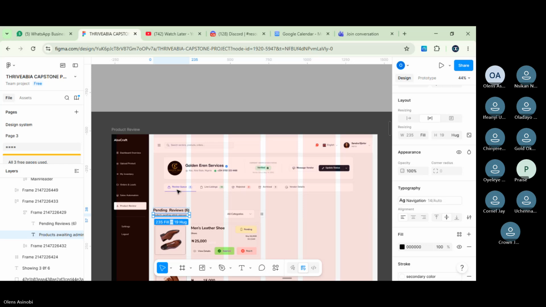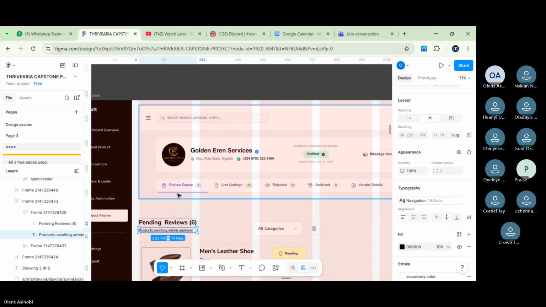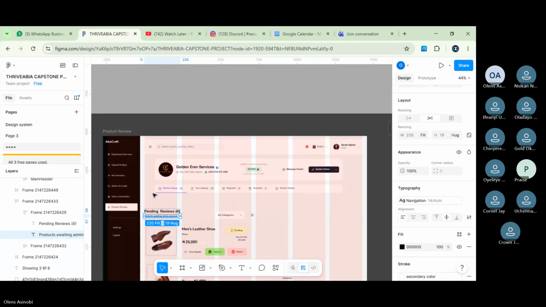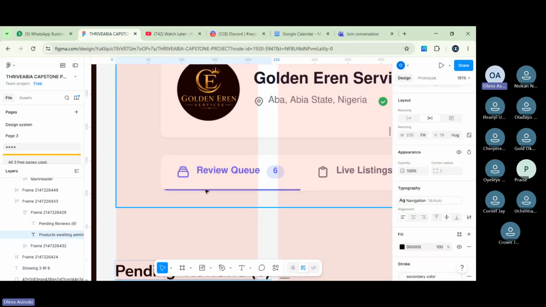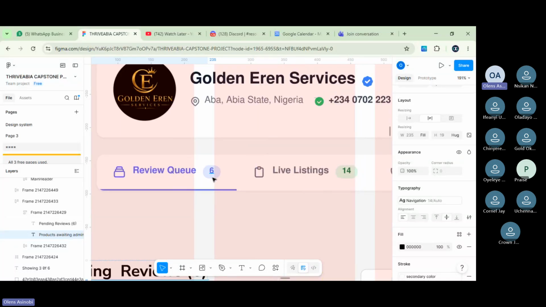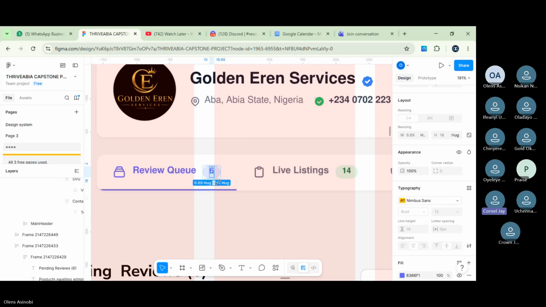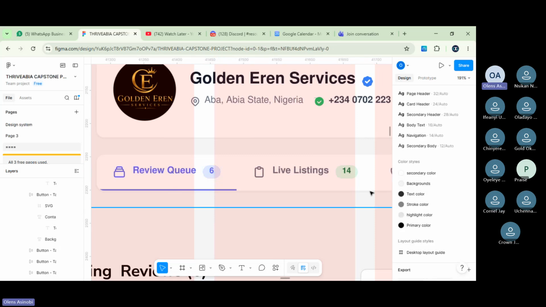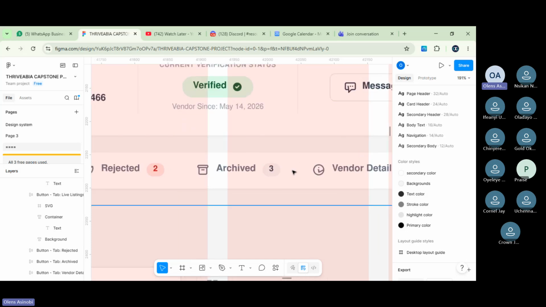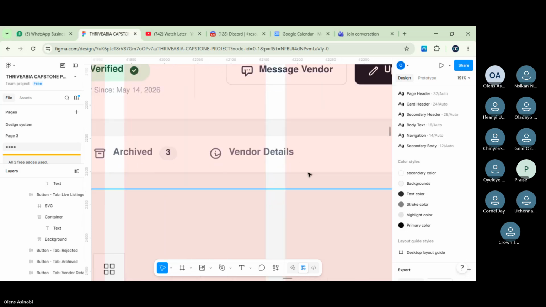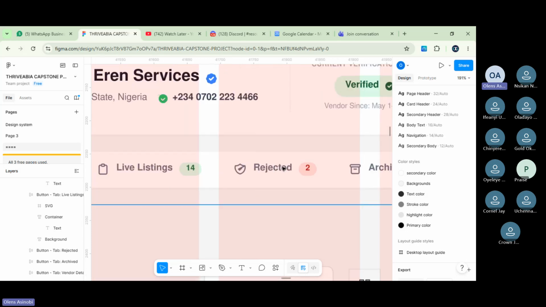Cornelius, are you here? Yes, sir. I think you can see that the way she did her tab is what we are looking at doing for our own. Abi? Yes. So you can just follow this pattern. Anybody that is using tab, please follow this pattern. Just like how when we were doing authentication, we followed one pattern. Everybody, please just follow this pattern, okay?